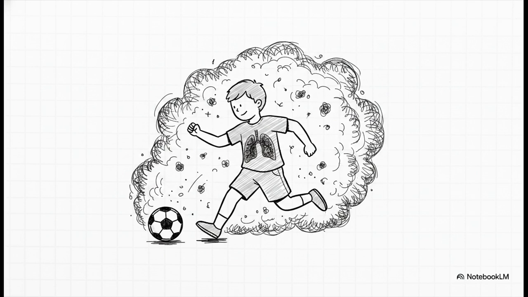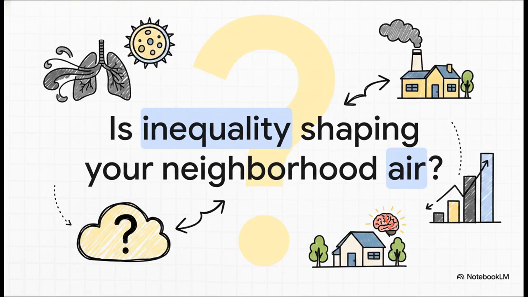This is exactly why checking daily local air quality alerts and maybe holding off on rigorous outdoor sports on high ozone days is such a necessary, actionable habit for families today. Well, that brings us to the end of our lesson today. We've seen how a tiny particle, 30 times thinner than a human hair, can systematically inflame your body and even trigger a stroke. And we've seen how socioeconomic divides largely dictate who gets to breathe the easiest.